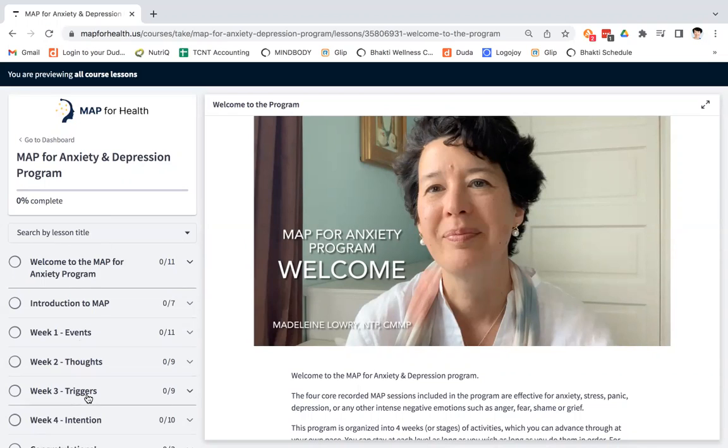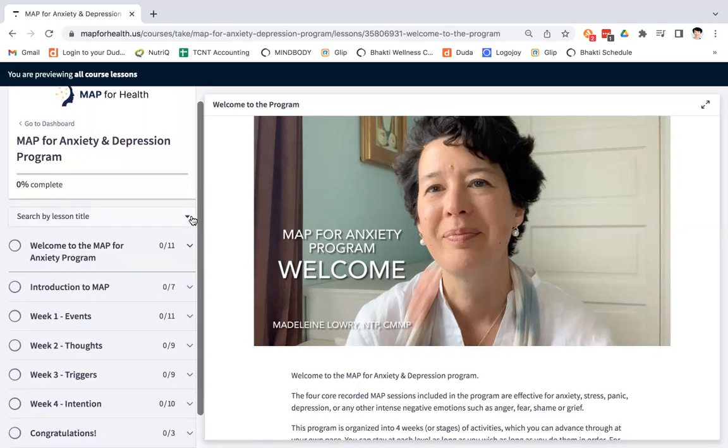But I will say that the program is most effectively used by choosing one mood state to work with at a time. In other words, if you suffer from both anxiety and depression, I would do at least one complete cycle through the program, choosing only one of those mood states.